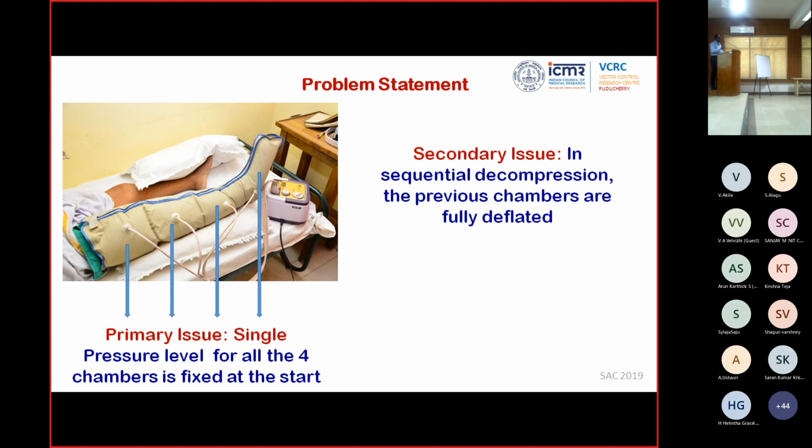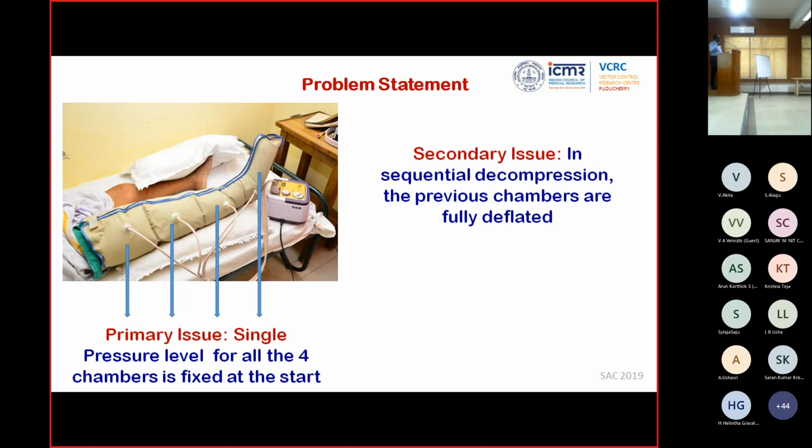So the physiotherapist or the staff nurse who is giving the therapy fixes the pressure at either 20 or 30, whatever the doctor advocates. And the timer is also fixed for these individuals. So both the timing and the pressure in each compartment is fixed. The 20 means the 20 will be there in the proximal as well as in the distal compartment, and it is sequential. And what we have also identified is